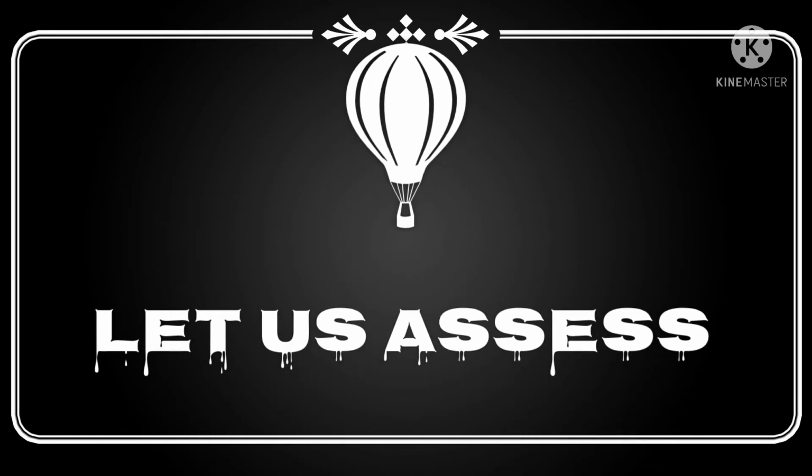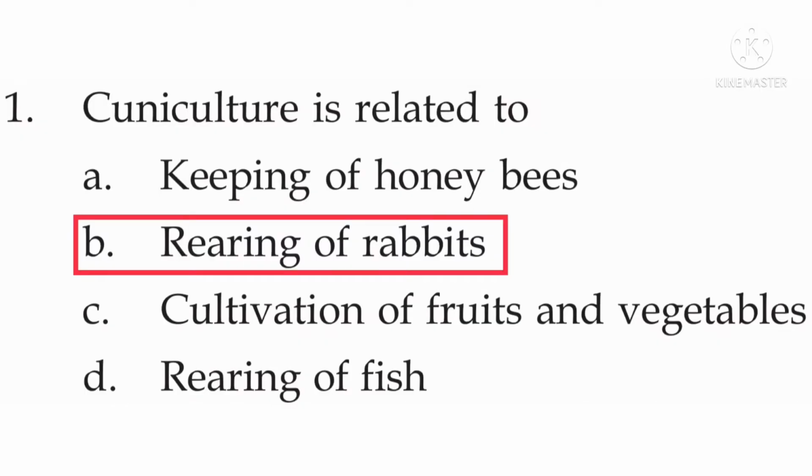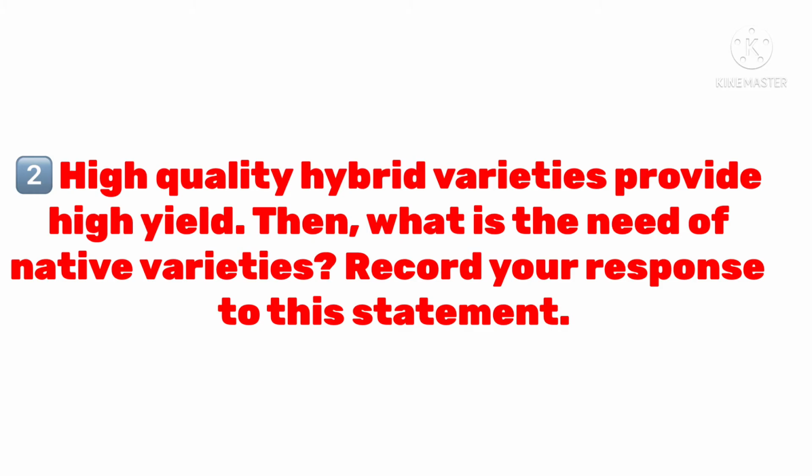Let us assess. First question, cuniculture is related to: A. Keeping of honeybees, B. Rearing of rabbits, C. Cultivation of fruits and vegetables, D. Rearing of fish. The answer is rearing of rabbits. Second question,